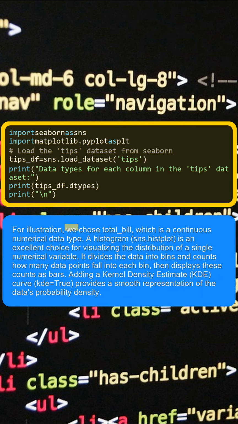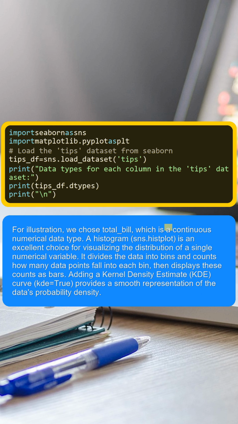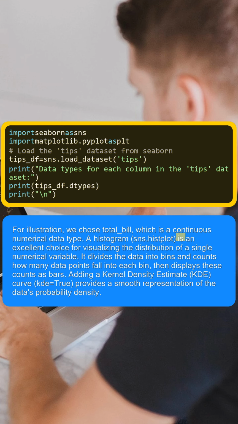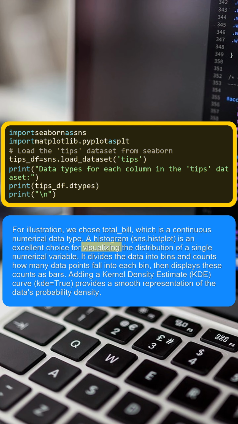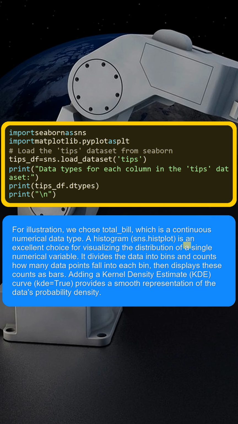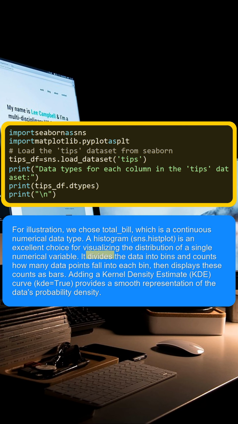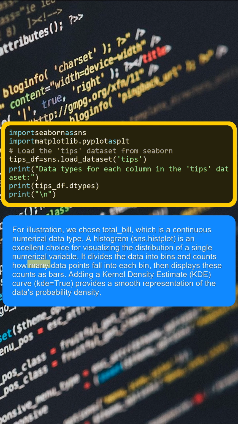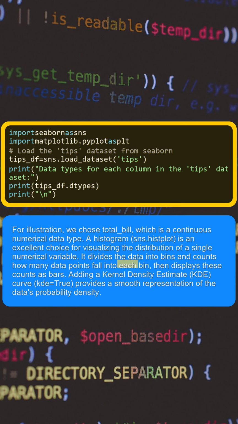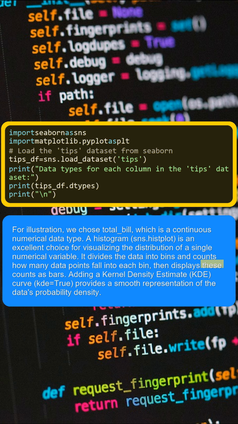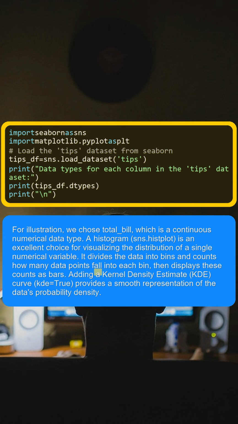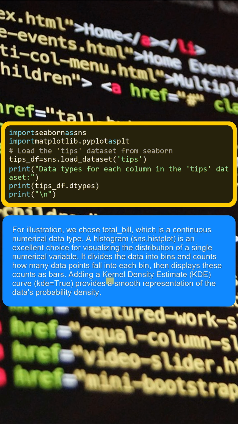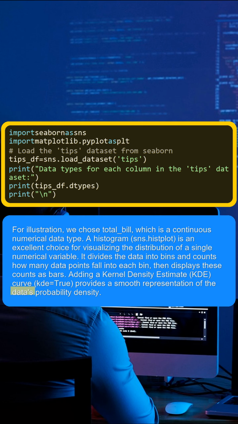For illustration, we chose total_bill, which is a continuous numerical data type. A histogram, sns.histplot, is an excellent choice for visualizing the distribution of a single numerical variable. It divides the data into bins and counts how many data points fall into each bin, then displays these counts as bars. Adding a kernel density estimate, KDE, curve, kde=True, provides a smooth representation of the data's probability